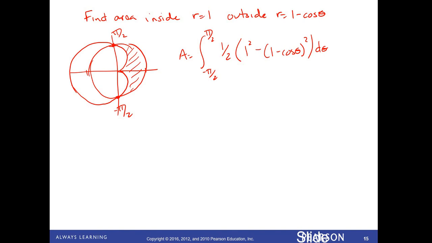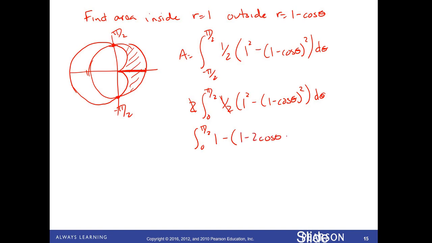Now, looking at this, this is symmetrical, so I could eliminate having to go from negative pi over 2 to pi over 2 by taking twice the integral from 0 to pi over 2. And that'll give me a little bit of leeway, make things a little bit easier. And it will allow me to eliminate these two values. So the integral from 0 to pi over 2 of 1 minus, again, squaring my binomial, 1 minus 2 cos theta plus cos squared theta